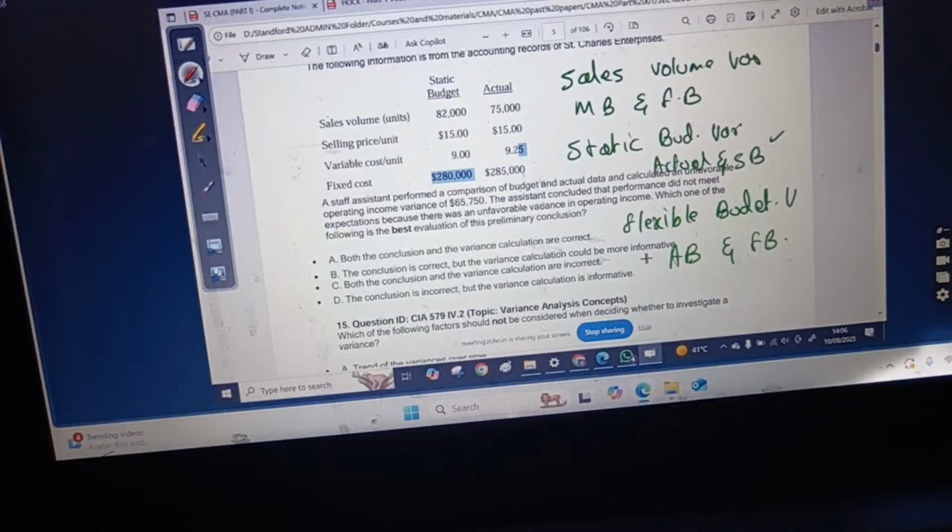So these are the questions that are likely to come: sales volume variance, static budget variance, and flexible budget variance. Typically, they ask for the difference between operating income. That's it. That should be the typical question you can expect. But this is level 1 variance. It hardly comes in the exam. This is just the basics. Now coming to